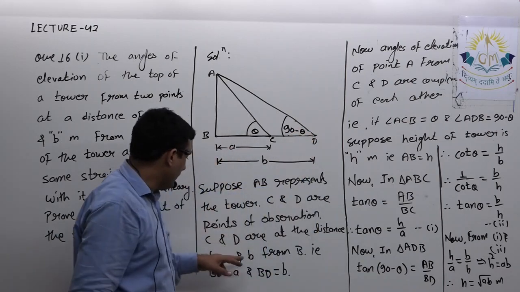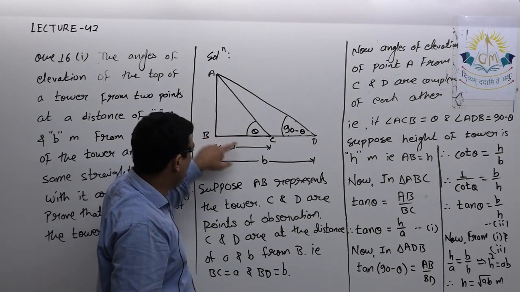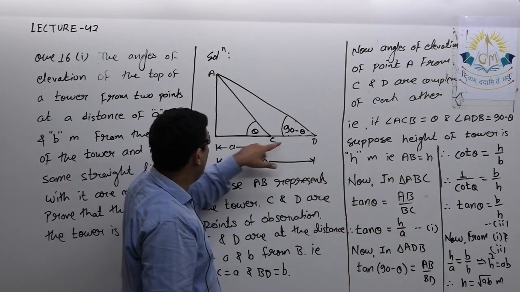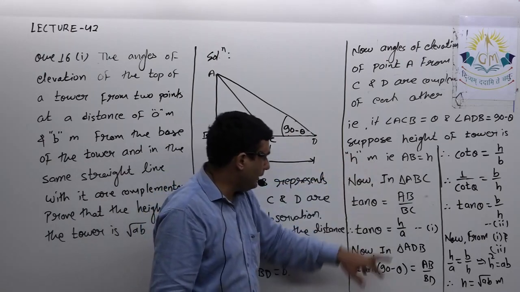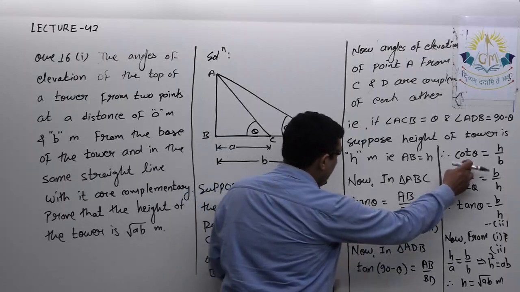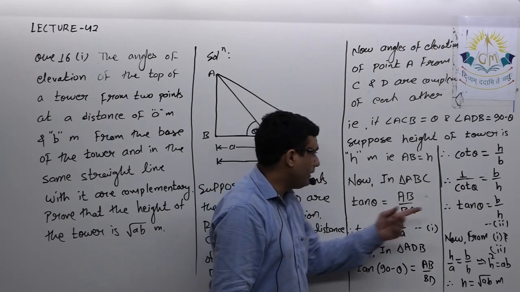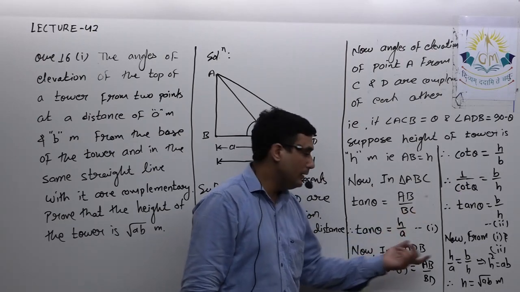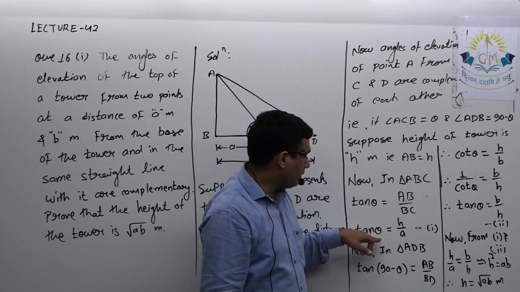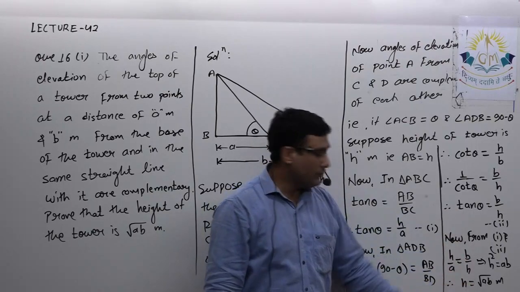Okay, and over here simply I applied tan theta, so I got AB upon A, that is H upon A. Then again in this triangle ABD, by applying tan of 90 minus theta, I got cot theta equal to H upon B. So that can also be done: if I multiply tan theta into cot theta, on the left hand side I will get 1, and on the right hand side I will get H square upon AB, which is H square is equal to AB. Or I did it this way, I obtained the value of tan theta from both the equations, and by comparing them I got H equal to root AB.